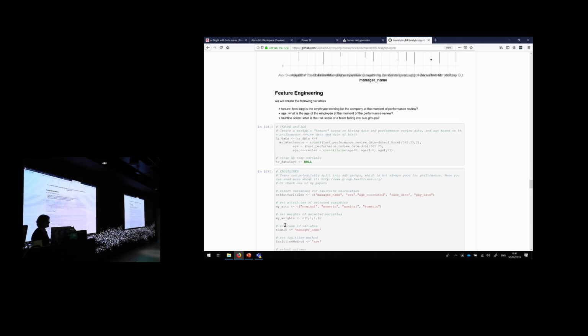So what could we do with this data? Now, for example, we can calculate the age of somebody, because we know that age might influence your performance, maybe based on the other obligations you have regarding your household, your partner, etc. It might depend if you're single or not, right? So let's take age into account. So we can calculate that one. And another one is tenure. Are you just a newbie at the moment of review, or do you have already several years in the company? So tenure is the second one we create.